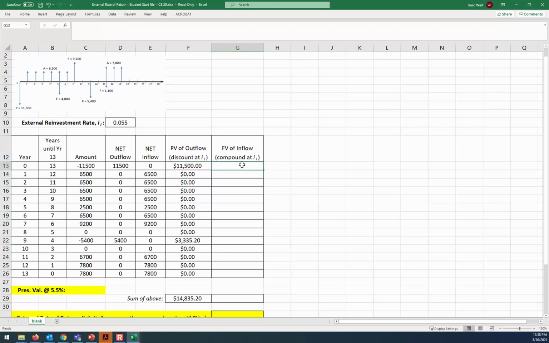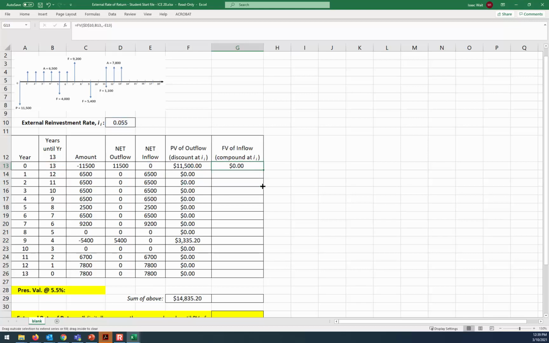All right, now for the future values, we'll do the similar thing. Use the FV function, refer to the interest rate. This time the N isn't going to be year. We want to know how many years into the future it should be compounded. So that's where we're going to use this reverse time column. Skip over the payment field, and it's the minus of the amount into the PV field. So this time we are doing the inflows.